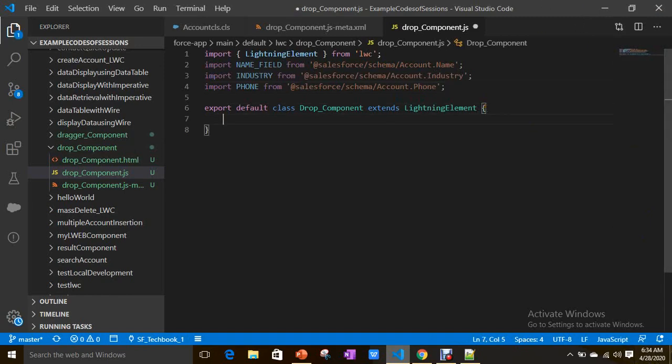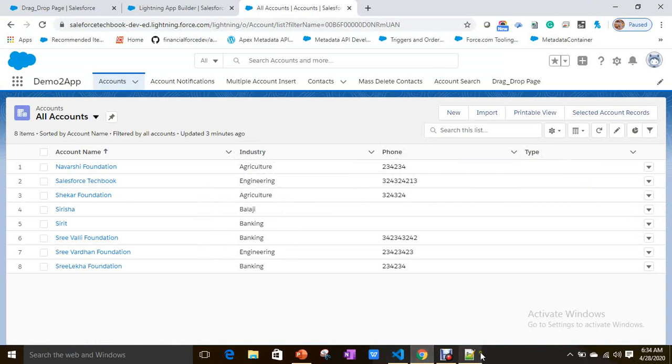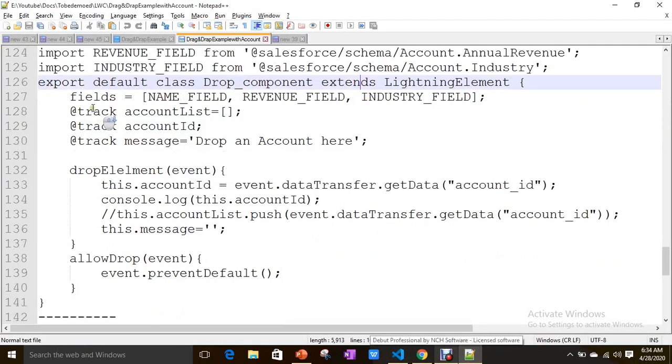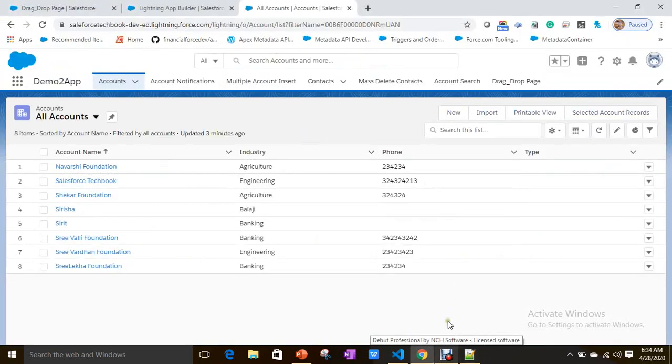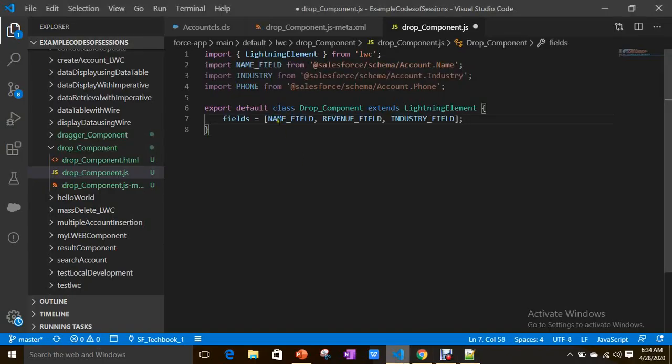Now I'm going to define a variable fields: name field, industry, and phone. Done. So let's go with it like this.